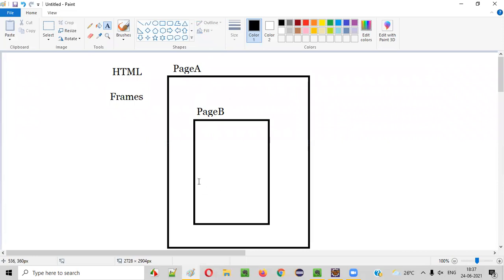It's not compulsory that you have to embed another entire page inside this page, guys. Sometimes a section of the page also will be embedded here. It's not like this embedded part is entirely a page. It can be a section or a page. For example, guys, I'll open this browser and show you a few examples of the frames.